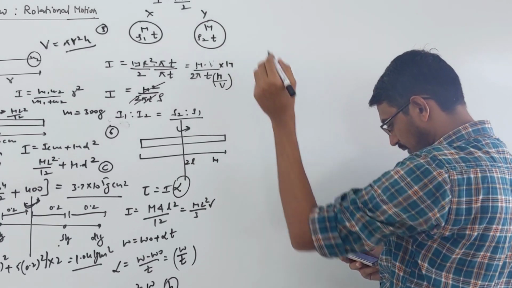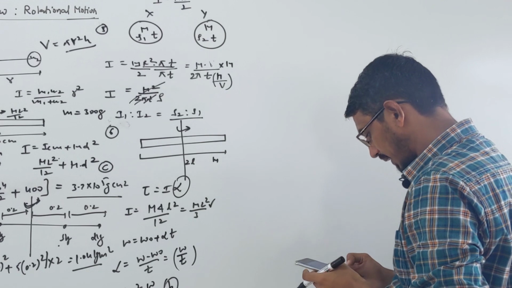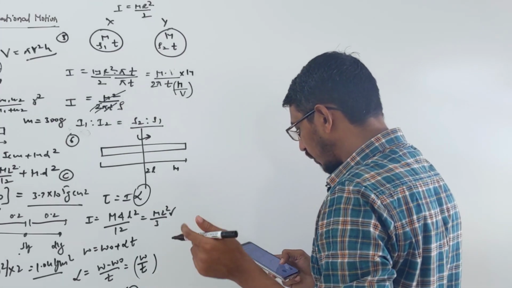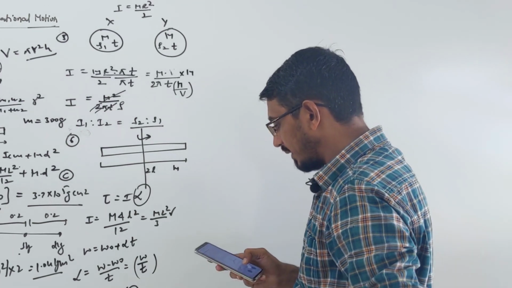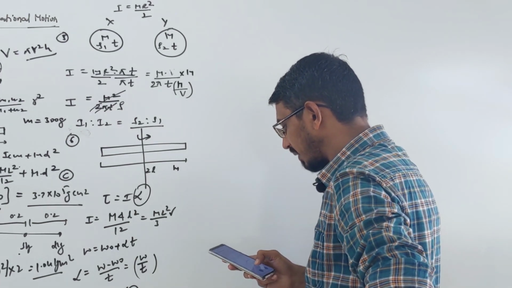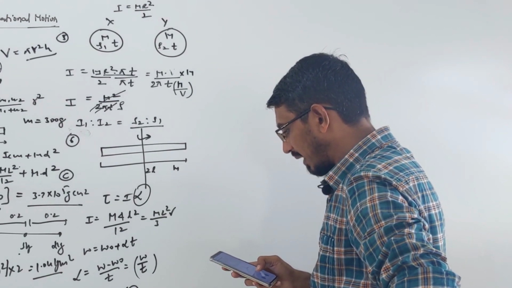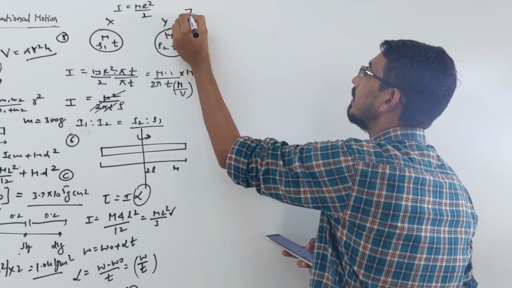Question number, now we are talking is what? 7th question, okay. And question number 7 says that 3 point masses are placed at the 3 vertices of an equilateral triangle of side A. The moment of inertia of the system about an axis COD passing through the mass M O and lying in the plane AOB and perpendicular to O is what? Look here, question number 7 we are talking.